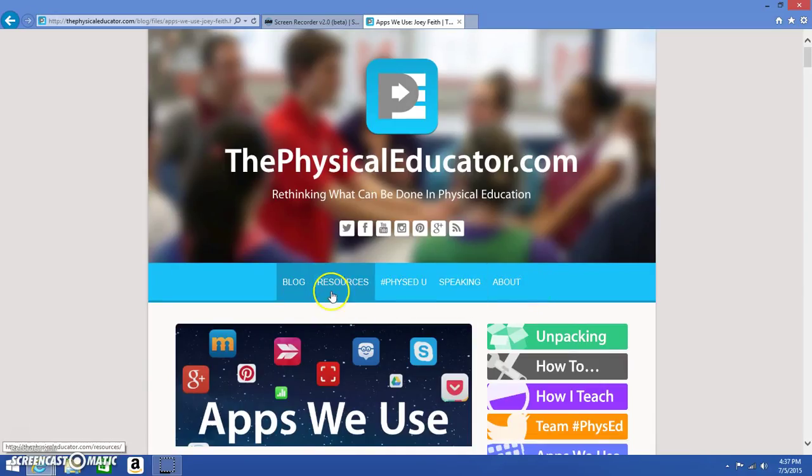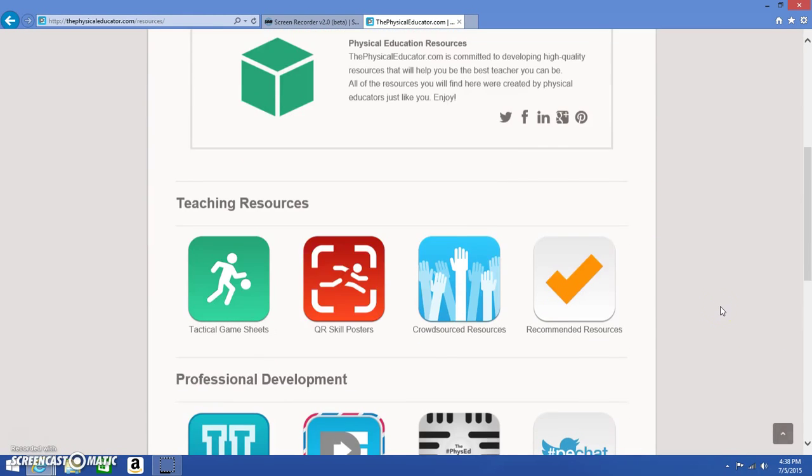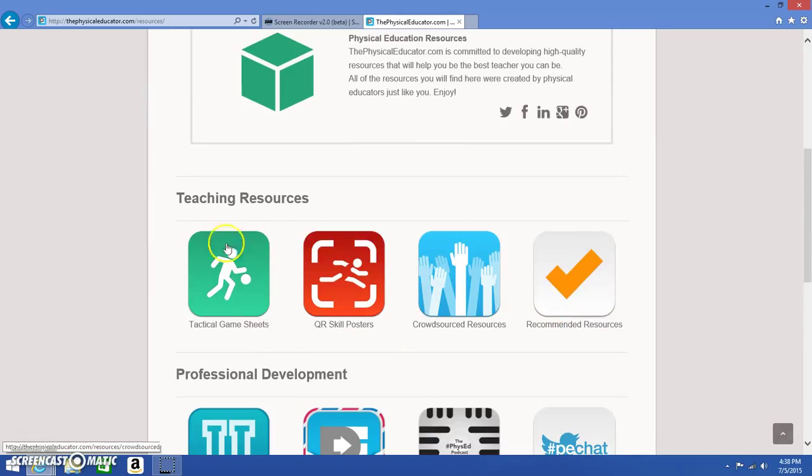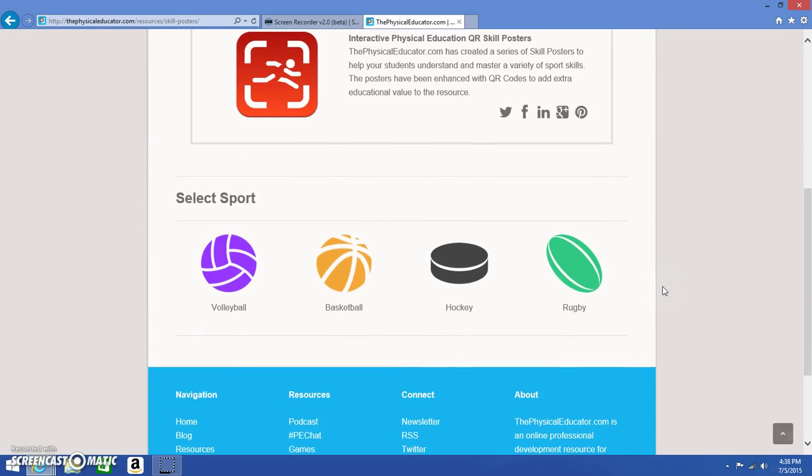When I went on to resources, I wanted to see, well, what is it out there that's so helpful for PE teachers that they're calling themselves thephysicaleducator.com. So I clicked on that, and I came down here, and I noticed that there's all these resources right here. This QR poster is a pretty neat link. When you take it in there, it has a selection of sports you can choose from, and when you click on the sport, let's say we're doing a basketball unit,